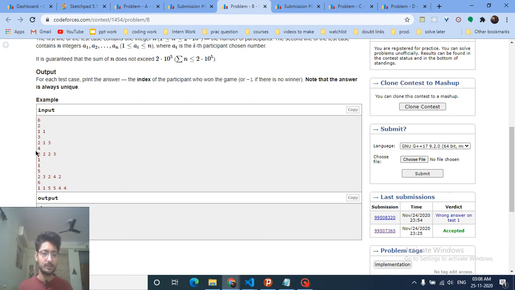In this case, as you can see, the minimum is 1, and this is also unique. There is no other element which is equal to 1, and thus the answer is this index, which is the second index. In this one, as you can see, even though 2 is the minimum possible, we will not take 2 because 2 occurs a lot of times. The first person and second person will take out the same number.